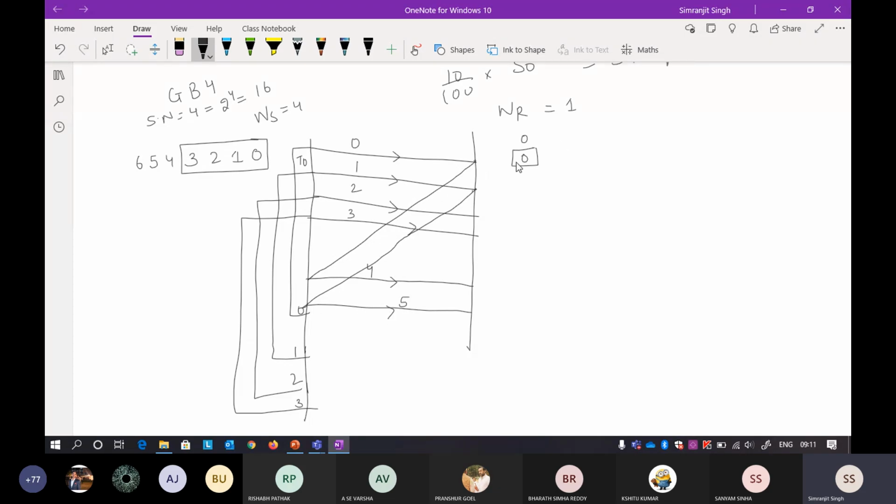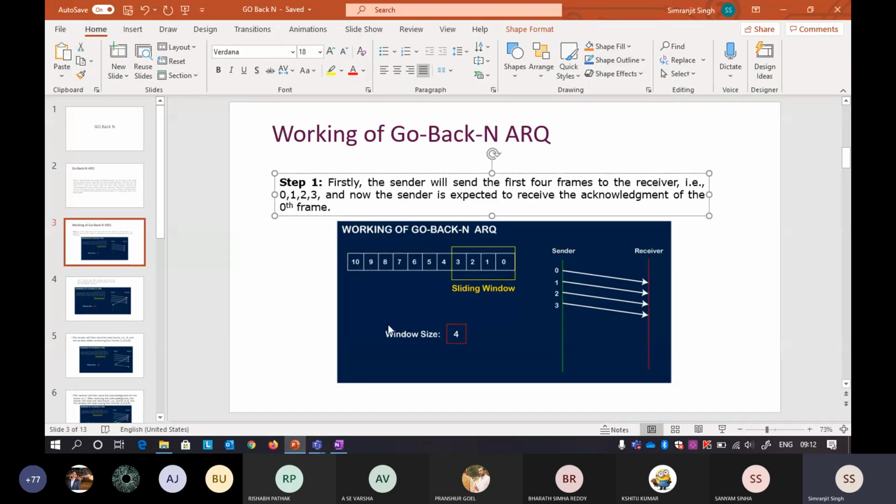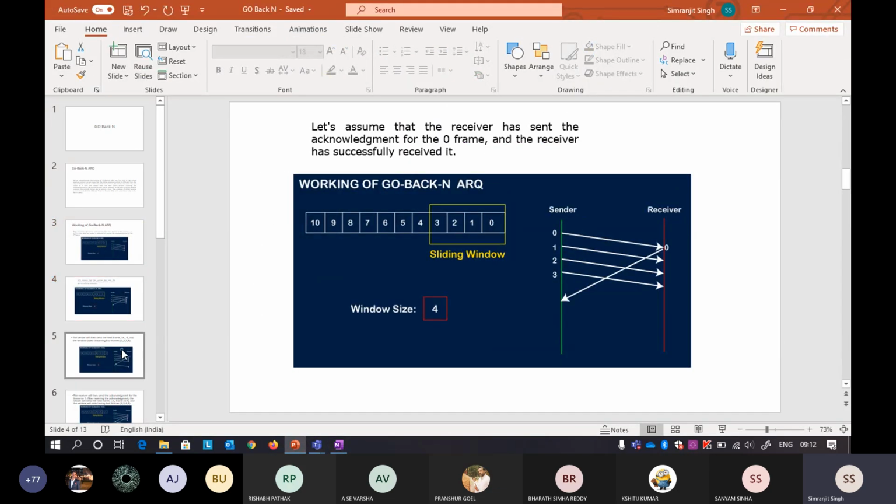Now what happens, suppose when you got the 0th packet, the receiver is expecting the 1st packet. So again, the sender window size is the same. Now this particular receiver window is expecting the sequence number 2. Suppose this particular packet is lost here. Okay, so this second packet is lost. I think like in this example also the second packet was lost.